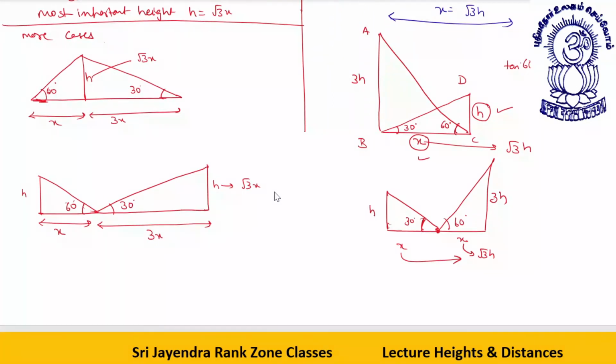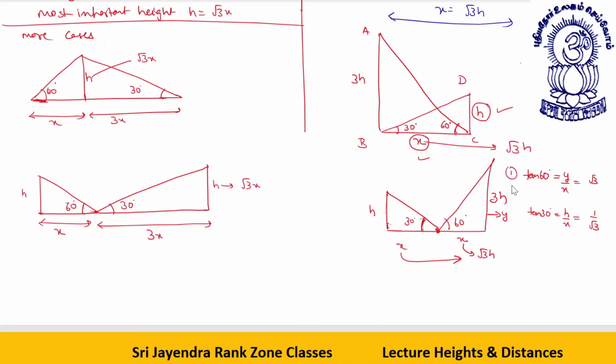What will be tan 60 degree? In fact, I should take the lowermost figure because I will have space to write down. I start from here. Tan 60 degree will be, suppose I say this is y, I will find it out later on, y by x. Tan 30 degree will be h by x. I will prove it to you that this y is √3 times h. Tan 60 degree is root 3. Tan 30 degree is 1 by root 3.